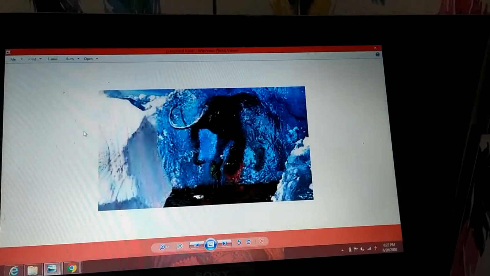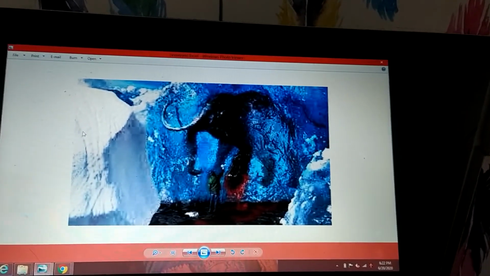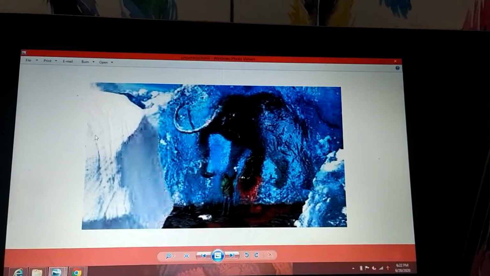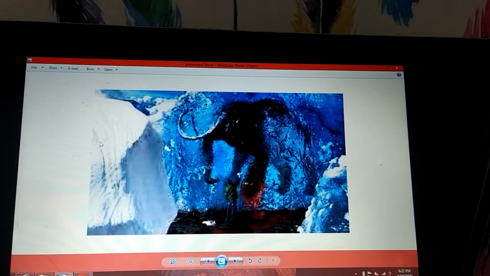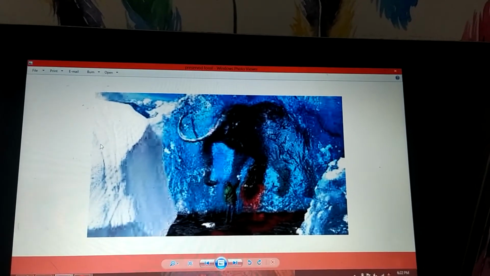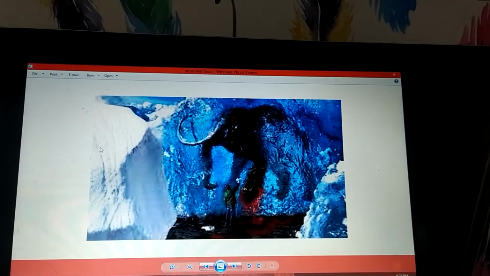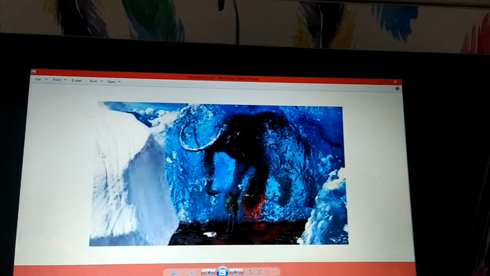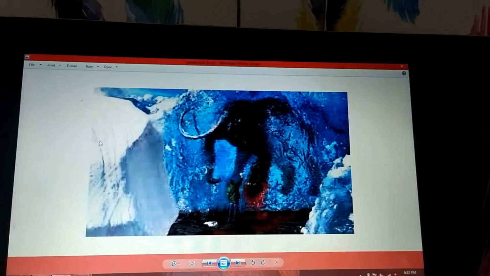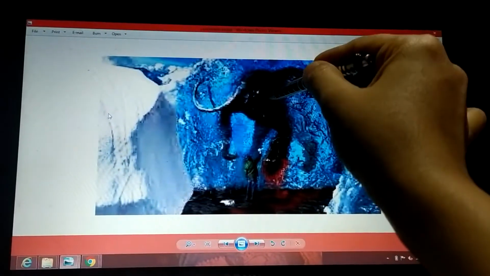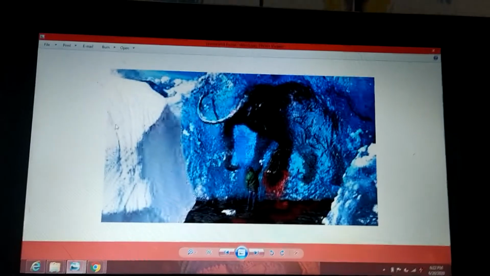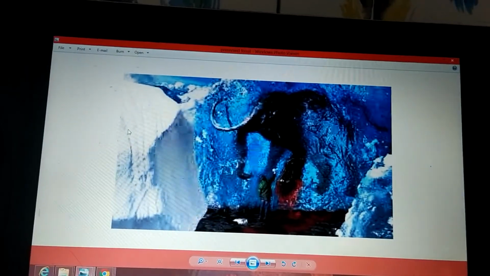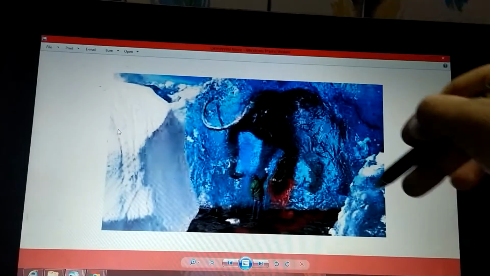This image is an example of preserved remains. Some organisms, such as a woolly mammoth, die in a very cold region. Its body gets frozen in the ice, and the organism will be preserved in the form of a fossil in the ice. So this is an example of a preserved remain. In the ice, the animal is safe. It is dead, but it will not be attacked by any kind of organism, so its body is preserved, and it is going to act as a fossil.